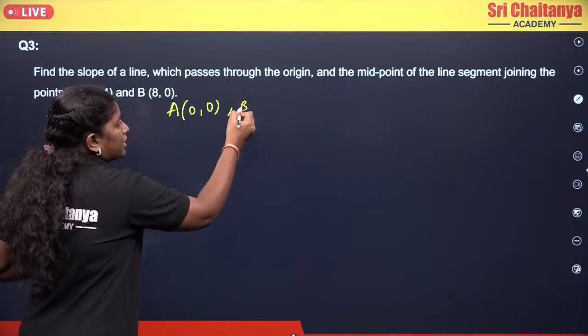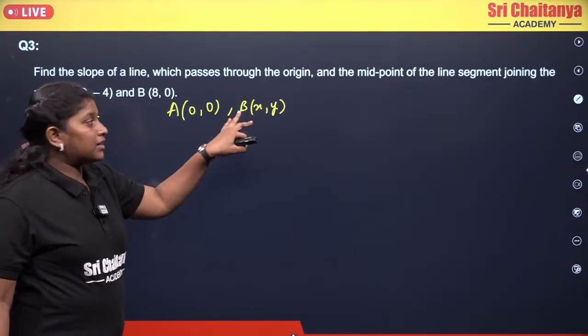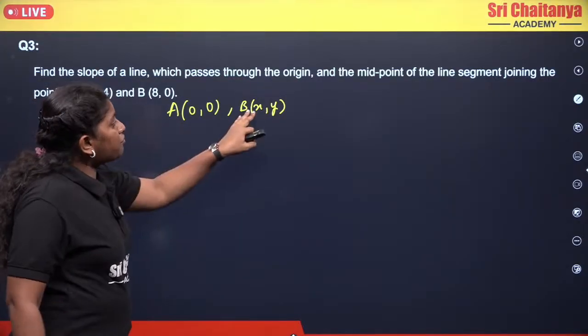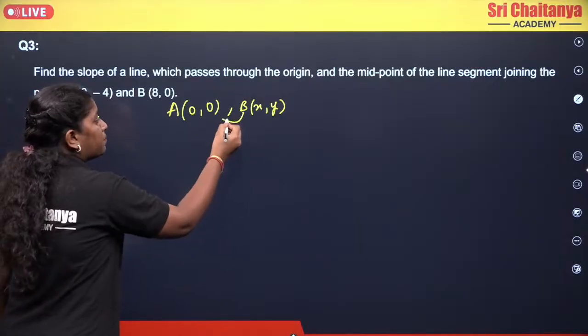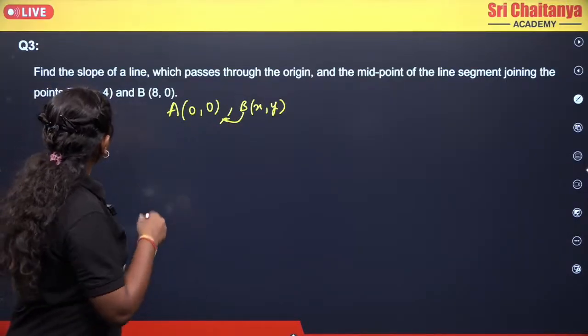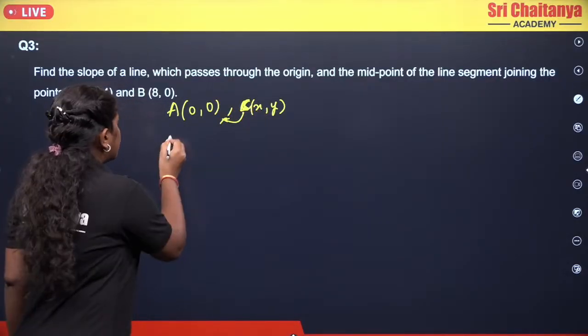Now we need to find B of x comma y. Okay. We don't know what the second one is. So we are just taking it as x comma y. Now we need to find the coordinates x and y. So how can we find? B is the midpoint of these 2 points P and B, right? So here B is already there, so you can take C. So C is the midpoint of